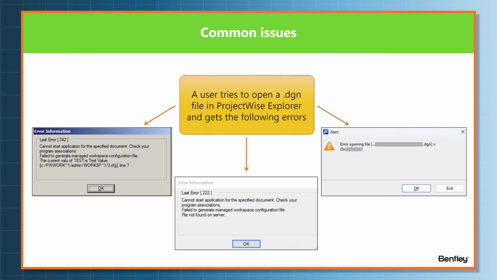Okay, so here we're presenting the most common user issues that we see. And this could be divided in two groups. The first one would be the error information, last error, saying that the file could not be opened, with different descriptions and suggestions, which are sometimes helpful,